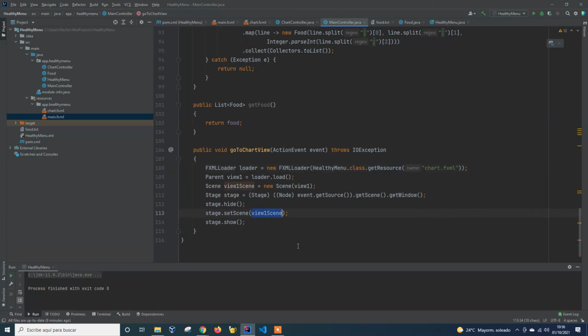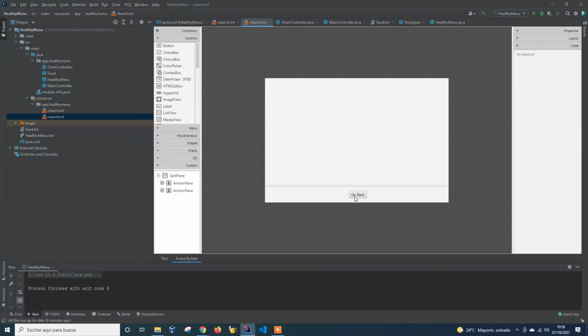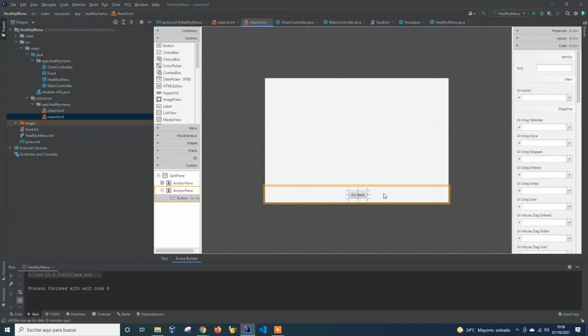We can do the same on the other side. We go to the chart FXML view, click on the go back button and define a go back method to go back to the main scene. We include this method in the chart controller